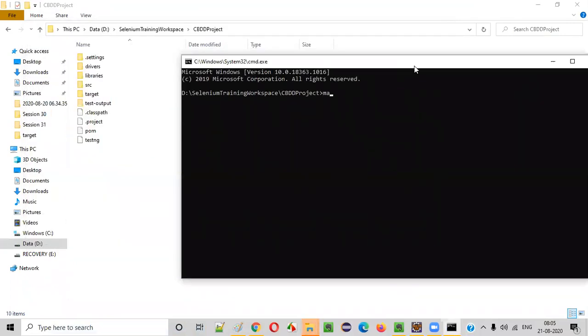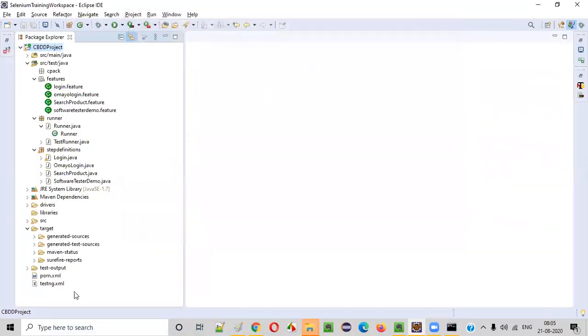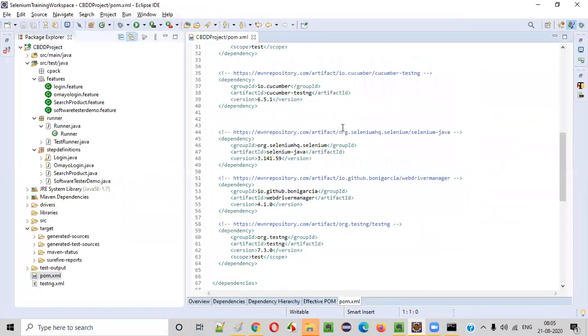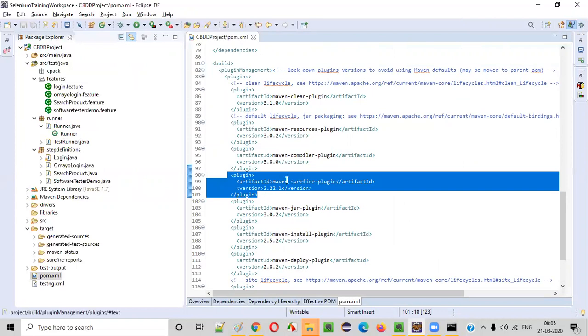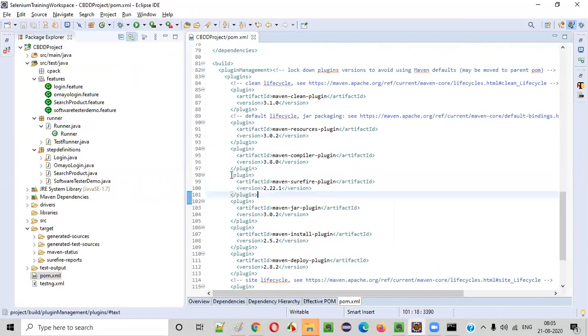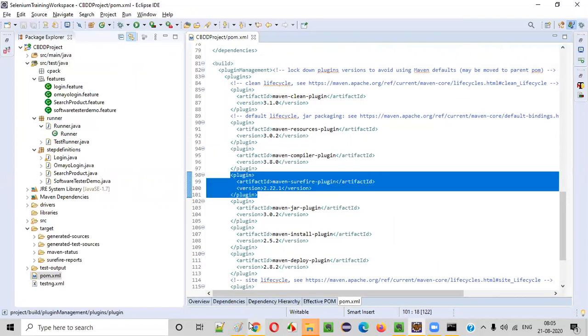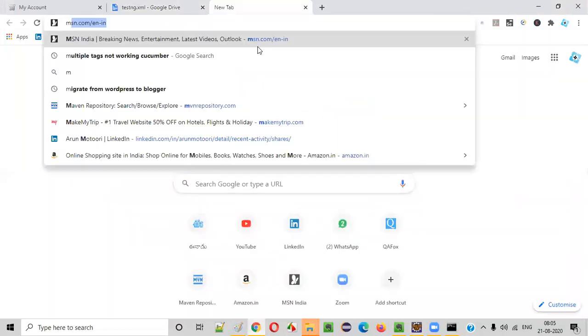Simple. I have to say Maven test, and then run it. But before that, I have to add something, guys. Into the pom.xml file, I have to add something here. Okay, this cannot be the normal Maven Surefire plugin. Here a plugin should be added for Maven Surefire. What is that plugin? You have to say